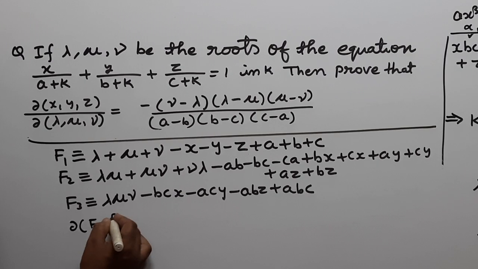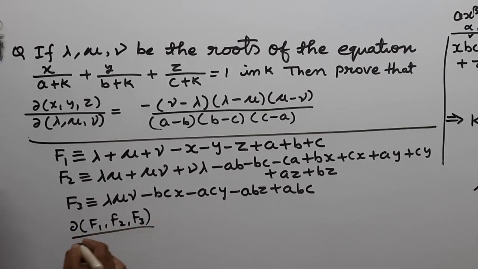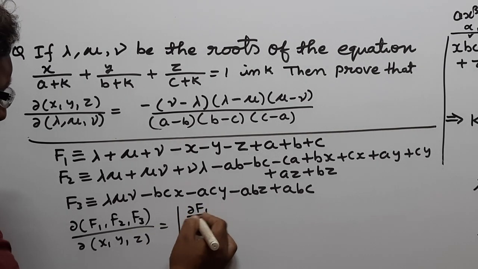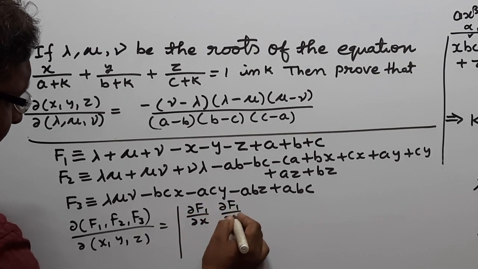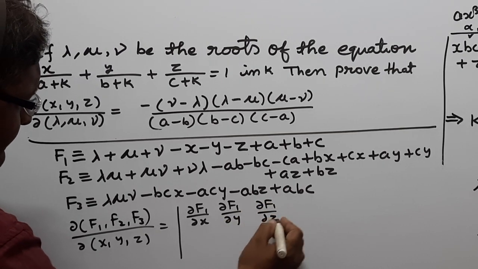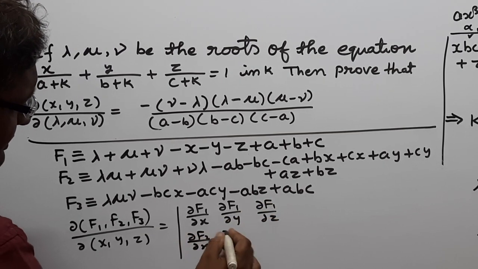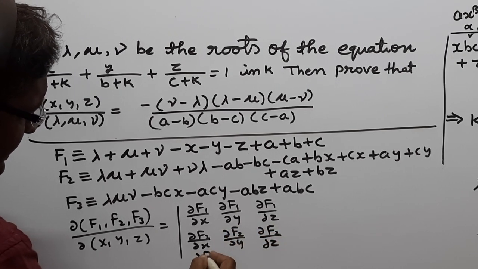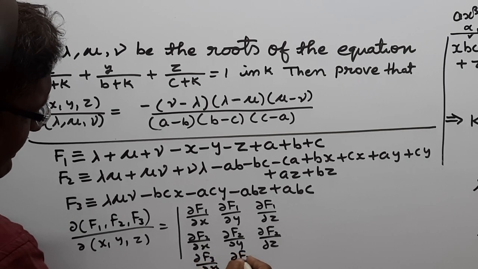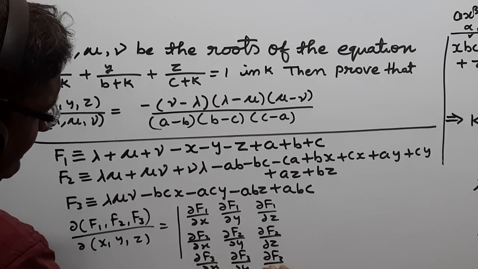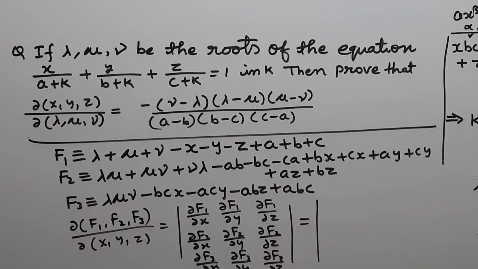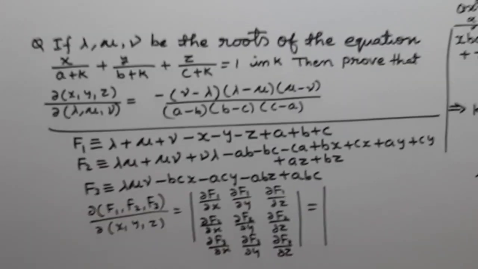By the definition, this can be written as del f1 by del x, del f1 by del y, del f1 by del z, del f2 by del x, del f2 by del y, del f2 by del z, del f3 by del x, del f3 by del y, del f3 by del z. So here del f1 by del x can be written as